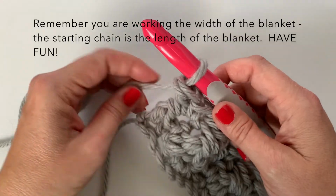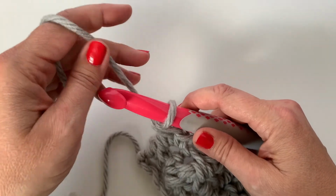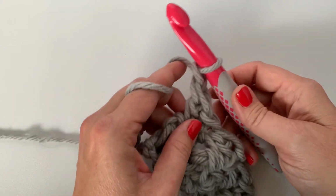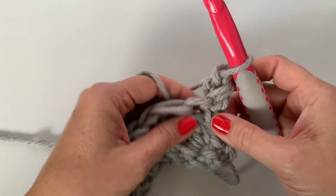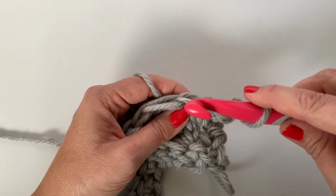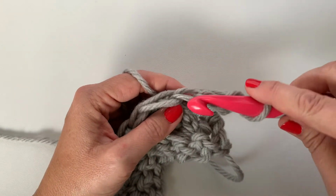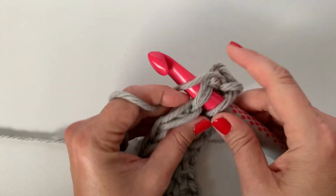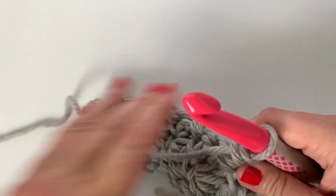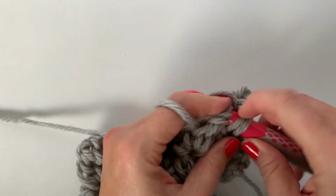For anyone who's pretty new, I'm going to do one more row with you and get a little bit more practice in. Okay, so you're going to chain 1 and turn. Just remember you're going to do that at the end of every row. Again, tall stitch is the double crochet. We're going to insert into this one here, which is your single crochet. We're going to work a single crochet and a double crochet